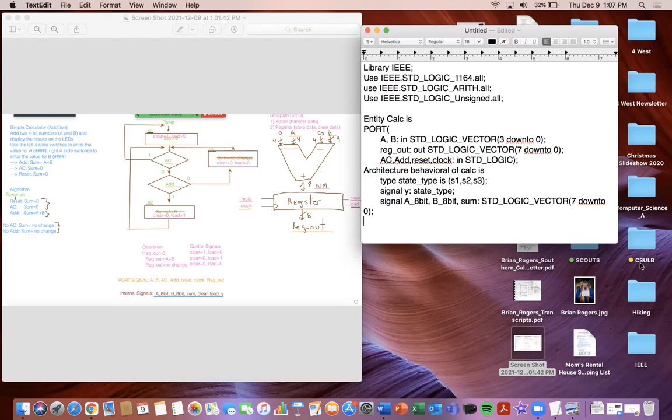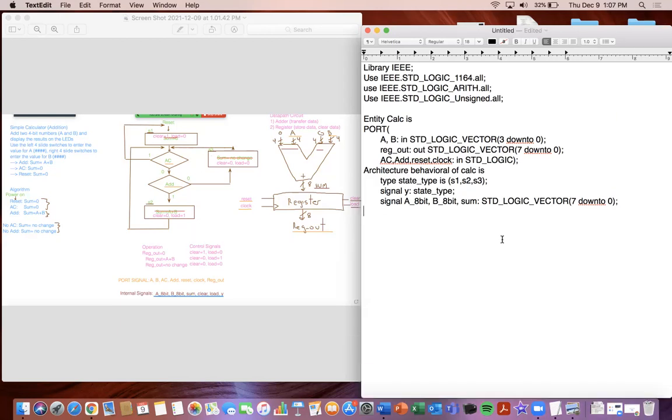Okay, now that I have determined those, let me go to the next one. So my next internal signal, I got an 8-bit clear and load. So signal clear and load. Standard logic, and then those are just zeros or ones, so that's why we can just say standard logic here. And then now that we finished that,